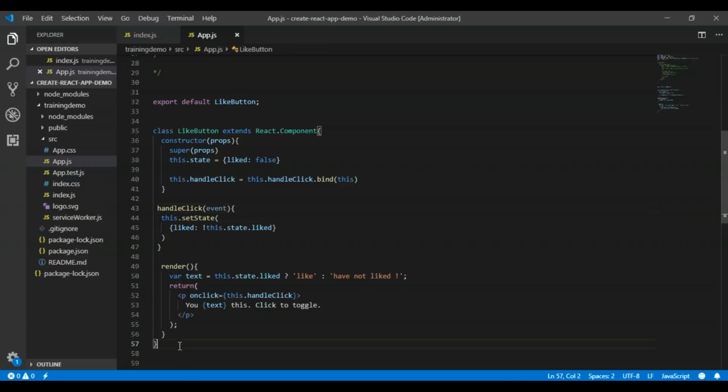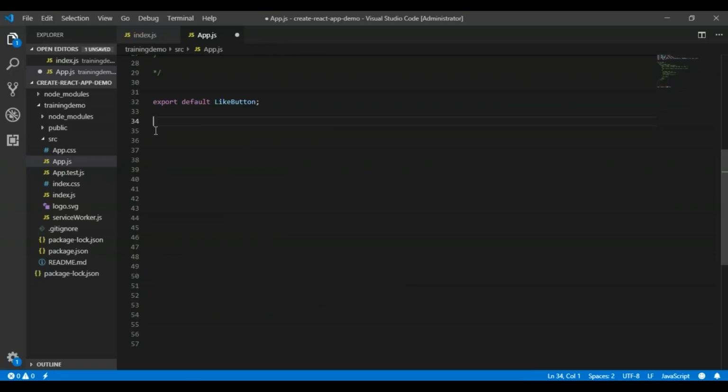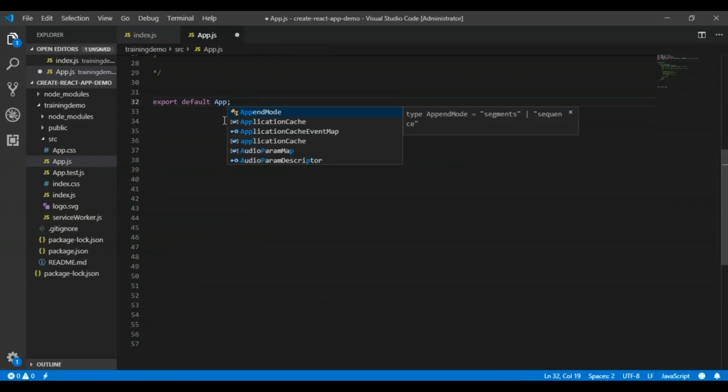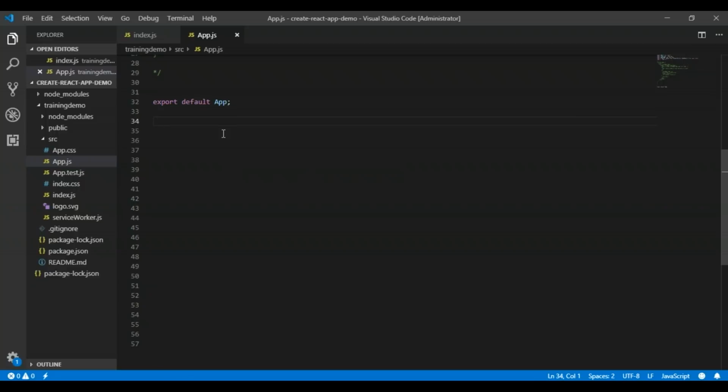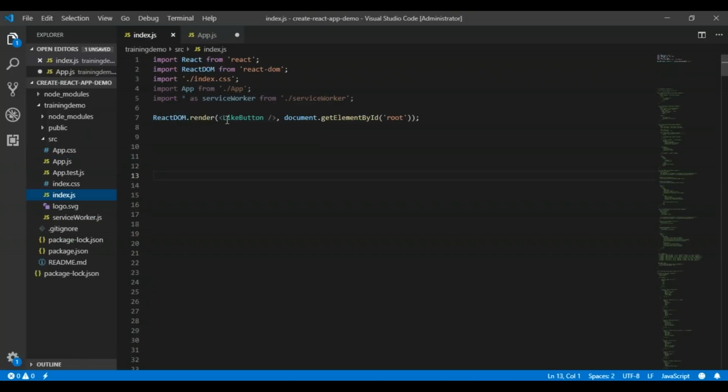Okay, now let's see more examples based on the state. What I'm going to do is create more state examples or state demos to show you the concept of state in detail. I'm going to create a class component, class App, which extends from React.Component. I'm using a create-react-app GitHub project, Facebook project you can say. And in the ReactDOM.render, I have to call this App component. So let's call this first in index.js, this particular component, App.